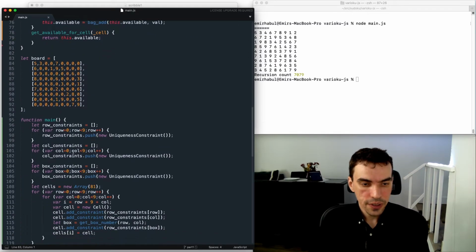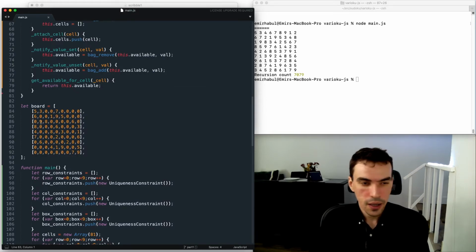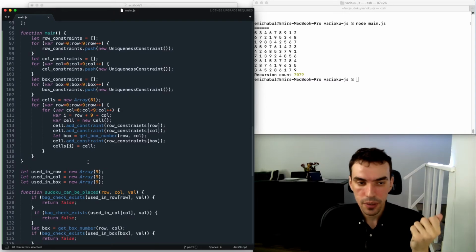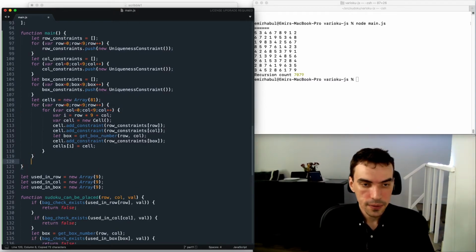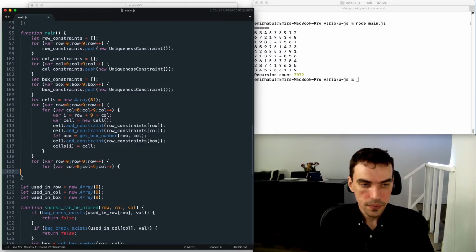So now the next step is I'm going to add all of these values that are already in my board. I'm just gonna set those values because they're gonna be fixed. They're not gonna change. So I can do that, and I can say